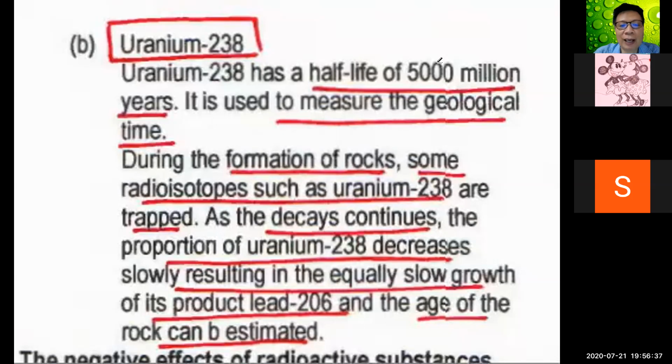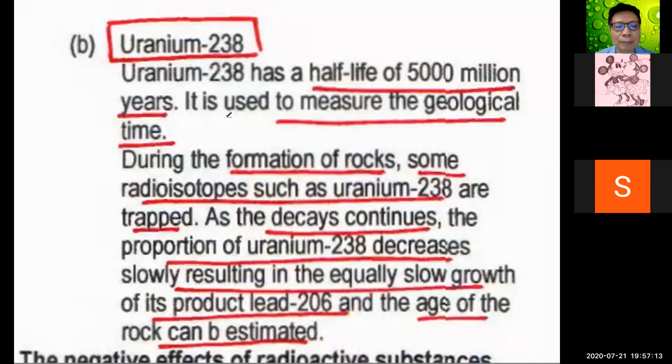Uranium 238 half-life, you see, 5,000 million years. So long, 5,000 with another 6 more zeros behind. That's why I say uranium is still a lot underground, because the half-life is so long. When carbon and petroleum are all finished, uranium still has a lot. Because the half-life is so long, 5,000 million years. Half only of the whole life, you can imagine how long.